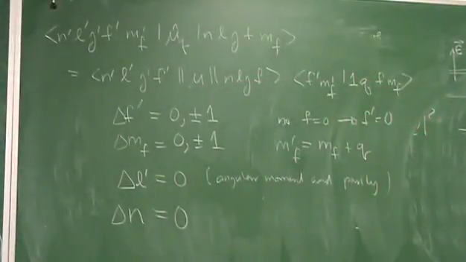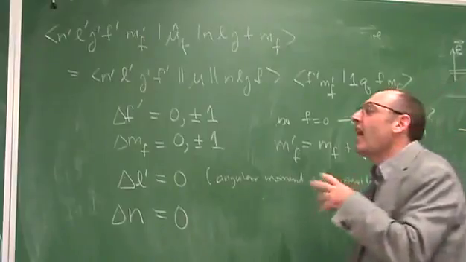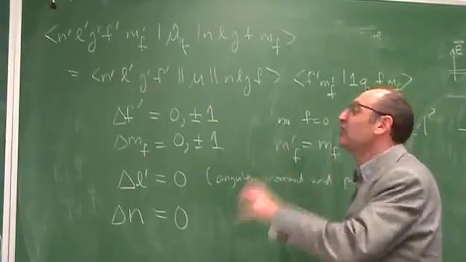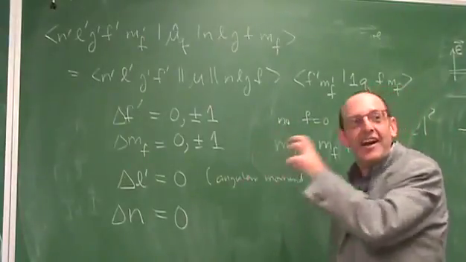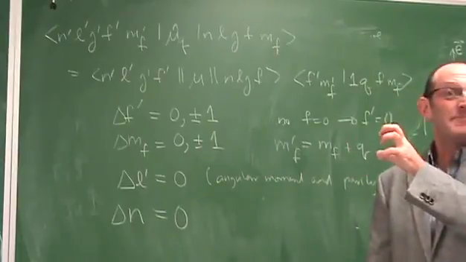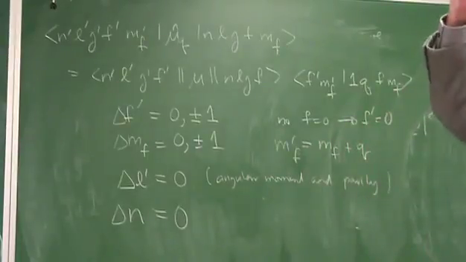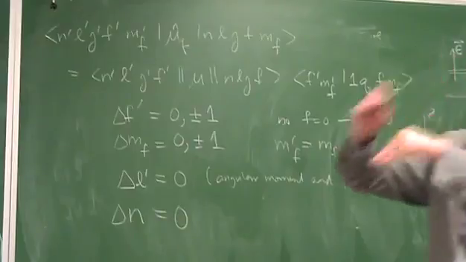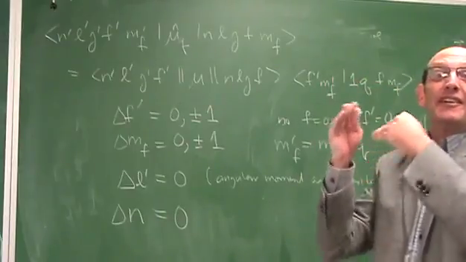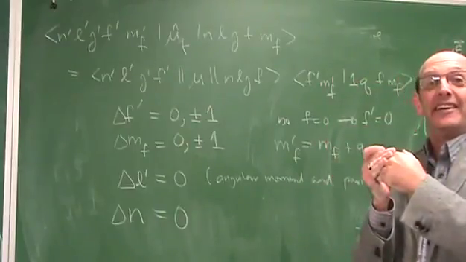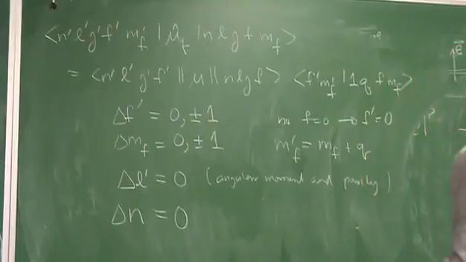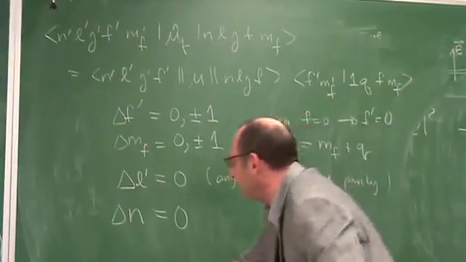Which means that magnetic dipole transitions are only transitions within the fine structure multiplet. They can go between fine structure states or between hyperfine structure states within a given J. For example,